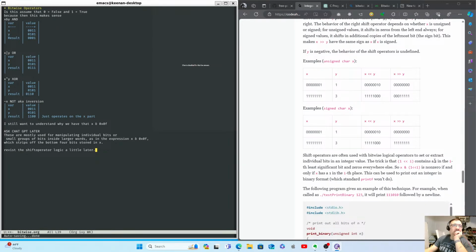Contains a 1 in the ith least significant bit and zeros everywhere else. Shift operators are often used with bitwise logic to set or extract individual bits in an integer value. The trick is that 1 left shift i contains a 1 in the ith